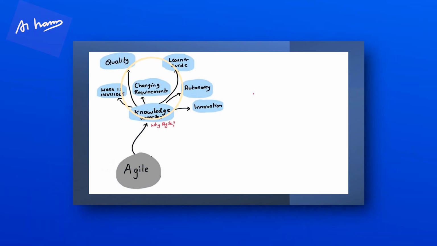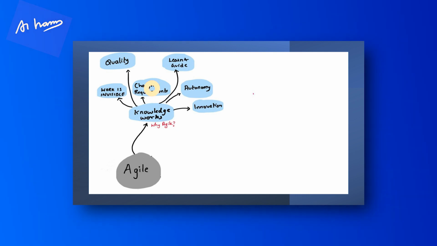In Agile, work is invisible. You can't see the problem in front of your eyes. You have to go to the back end, see the logs, debug, and understand all the issues. So it's like invisible work trying to fix things. Then there are changing requirements. Even last minute changes come and we have to address those changes. High quality, reduction of defects. All these things called out for Agile.